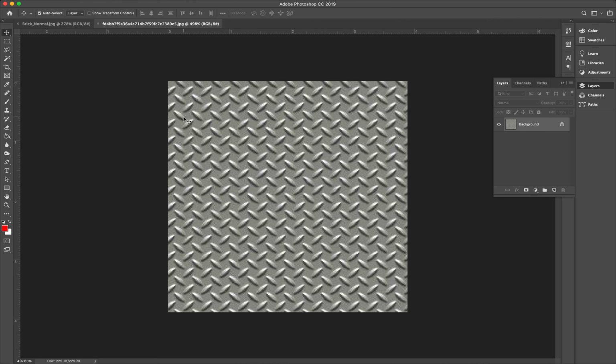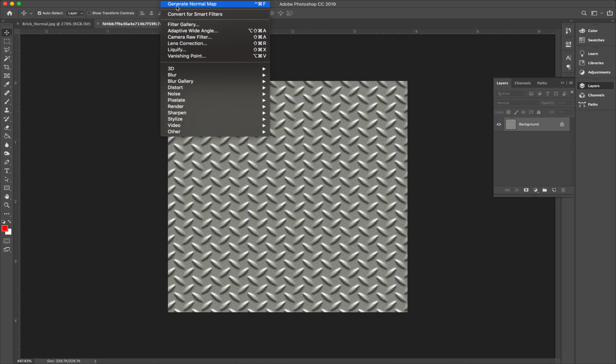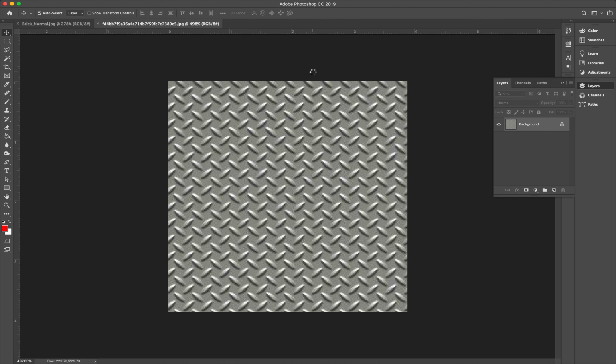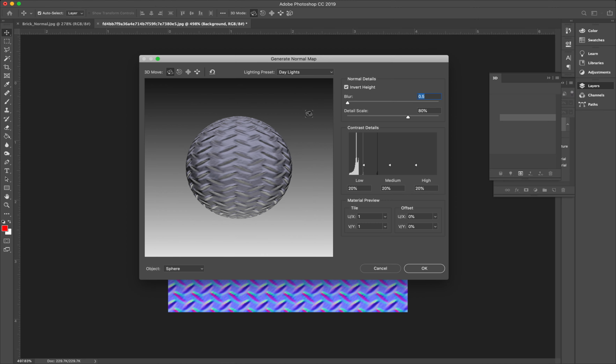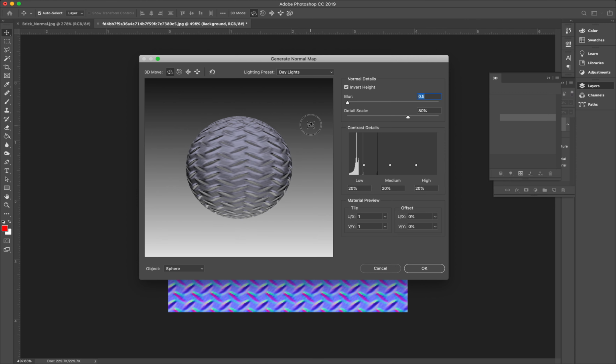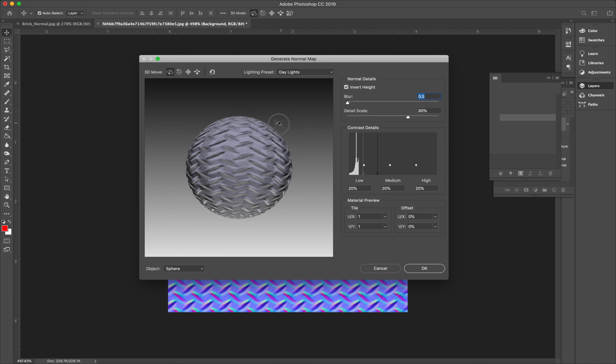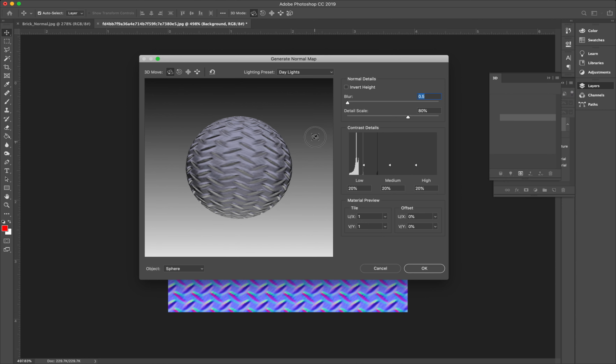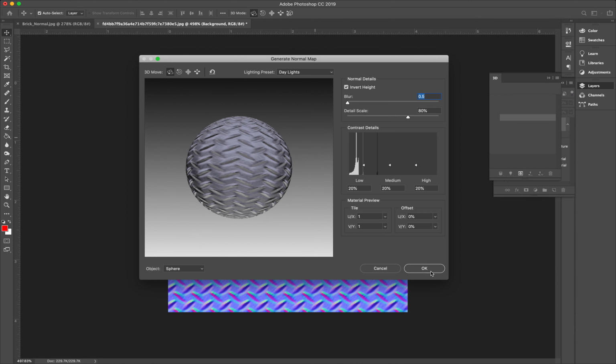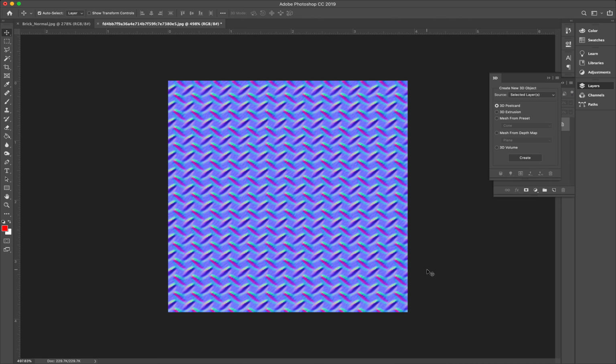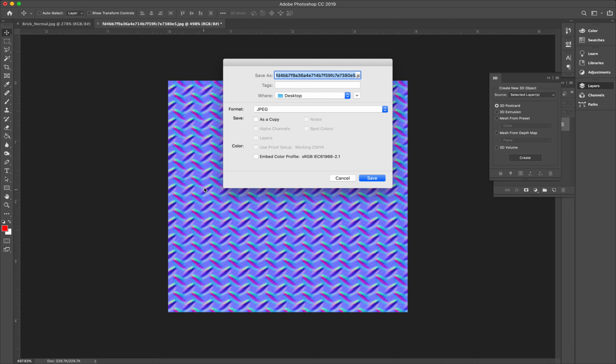This is a much lower res texture, but it should still work. So I'm just going to go in and create a new normal map. Let it think about it. Looks like the bumps are correct. Let me just make sure. Yeah, looks like it's correct. We're going to hit OK. Same process. I'm just going to save it as metal underscore normal